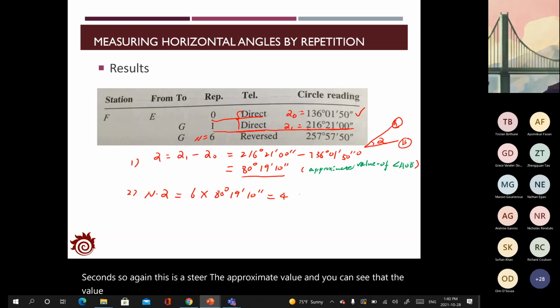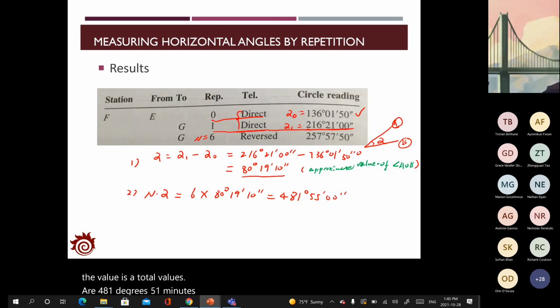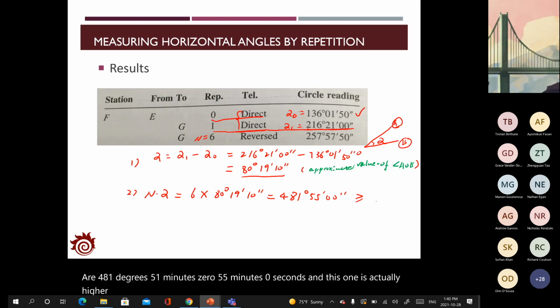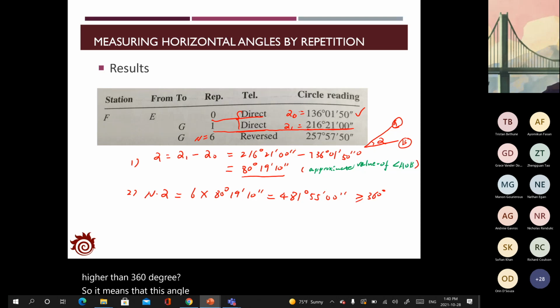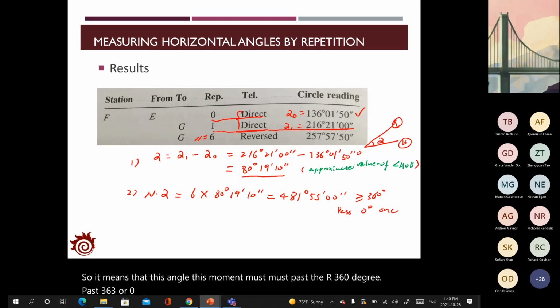The total value is 481 degrees, 51 minutes, 55 minutes, 0 seconds, and this one is actually higher than 360 degrees. So it means that this measurement must pass the 360 degrees, or 0 degree, once, because